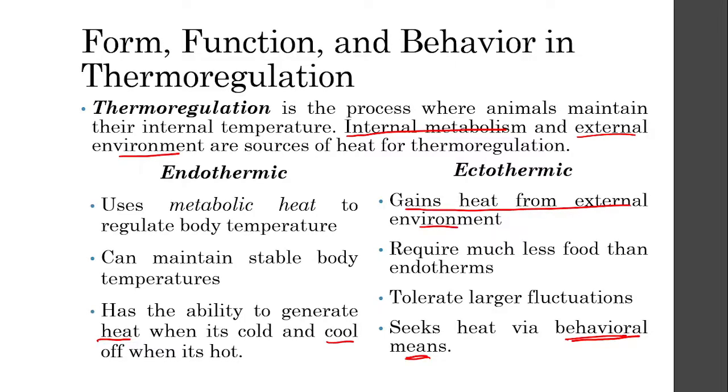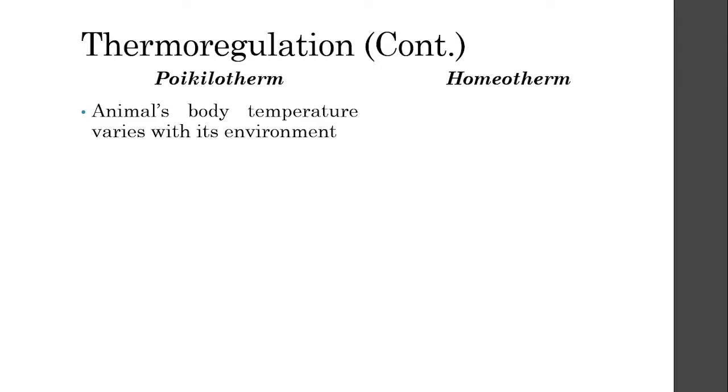Another thing though is that being an endotherm or an ectotherm basically just tells you how your body gains or releases heat. But there's also another pair of terms that we are going to learn, called the poikilotherm and the homeotherm. This is a little different from an endotherm and an ectotherm. Poikilotherms are animals that can vary their temperature. So the normal temperature that they have can change depending on the environment. Please do not get confused, okay?